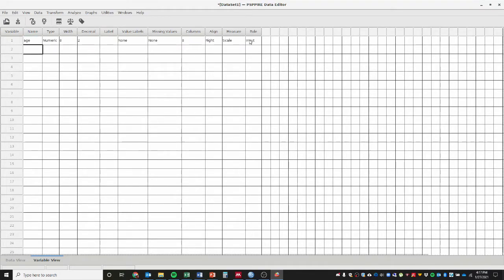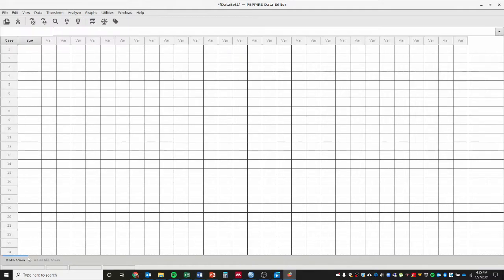It's going to autofill with a bunch of metadata. We'll look at those in a second. So this is the variable view. It's going to have each of the variables. The data view is going to have each column associated with a variable, and each row is a different participant